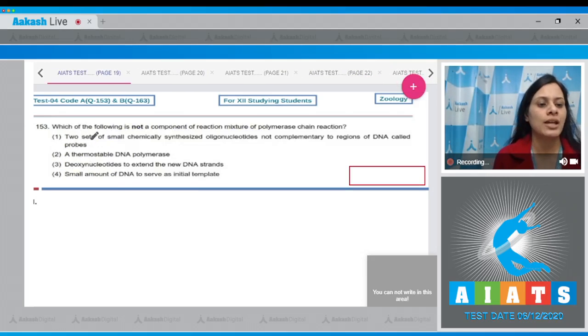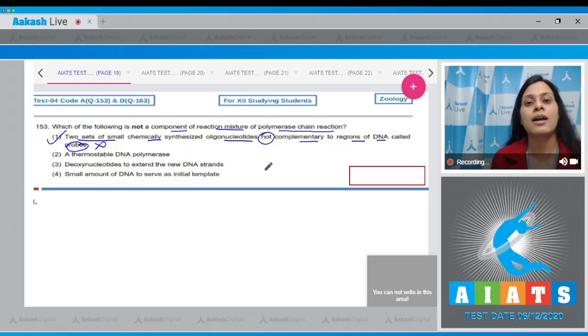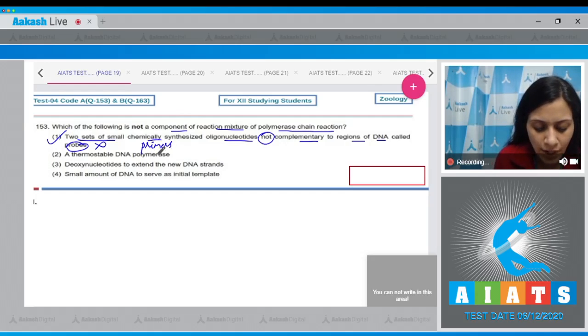Question number 153. Which of the following is not a component of the reaction mixture of polymerase chain reaction? And the very first option given is two sets of small chemically synthesized oligonucleotides not complementary to regions of DNA called probes, and this is an incorrect statement, as well as it is not a component which is required in a mixture of PCR. So this is the correct answer to our question, because in PCR mixture two sets of primers and not probes are required,